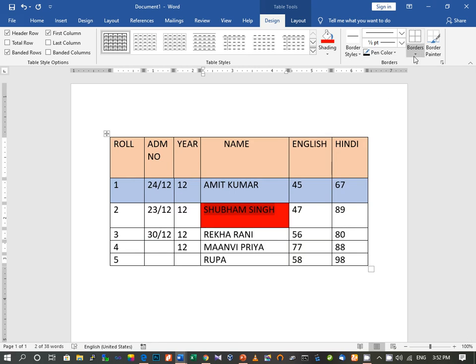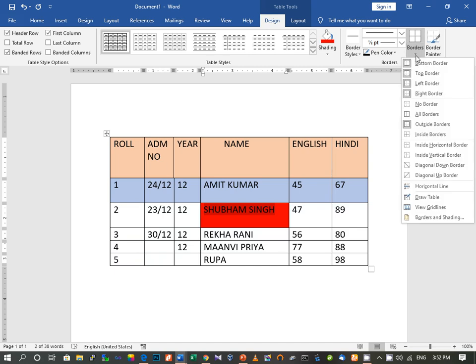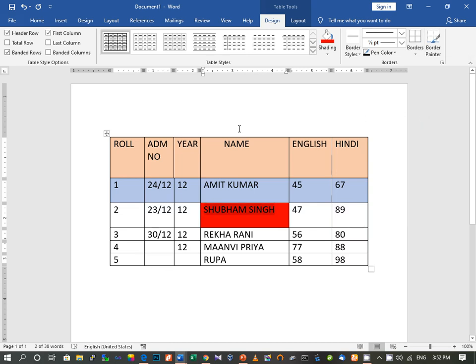Now here you have the option of applying borders. You can see the borders here. We have bottom border, top border, left border, all the borders are here. Whatever kind of border you want, you can choose, and then click on OK. Here you can see I have chosen the option all borders.